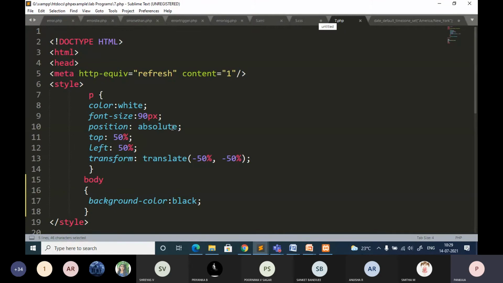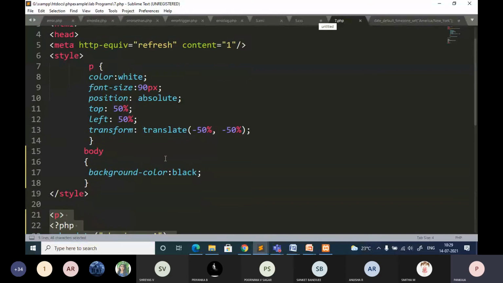Position I have given absolute. By this time everybody should know what is absolute, what is relative. Then the time information is going to display from top 50% and left 50%.